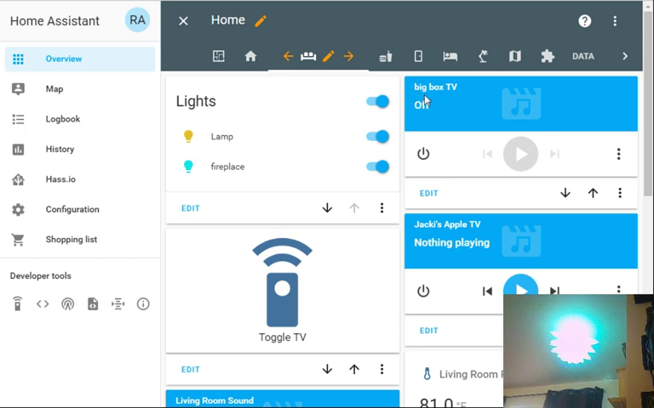Big box TV is my TV with Chromecast, and what I'm going to do is bring something up here and play something from YouTube on my big box TV. Let me just get something up here. All right, so I'm going to play the beginner's guide